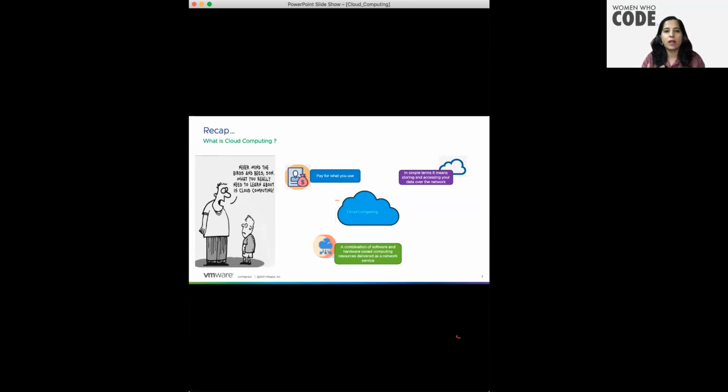Also, with cloud computing, you pay for what you use. You can scale your applications up or down as required. Applications are much easier to manage because you can manage them through a web interface. Provisioning is faster, and there are many more benefits offered by cloud computing. We will see how these benefits are achieved as we go into the details. And as you know, there are multiple organizations or companies which provide cloud computing services. VMware is one, Google, Amazon, Oracle Cloud, Salesforce, Microsoft Azure, and many more.